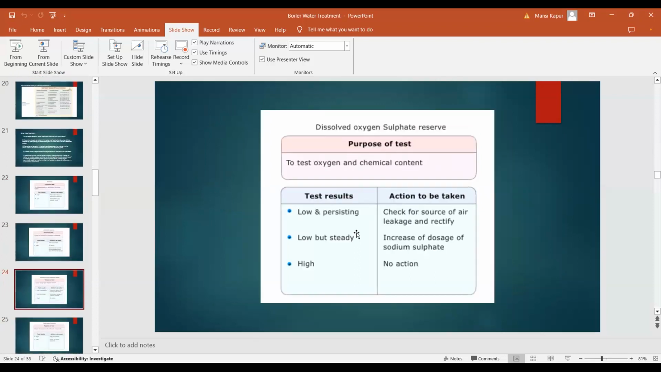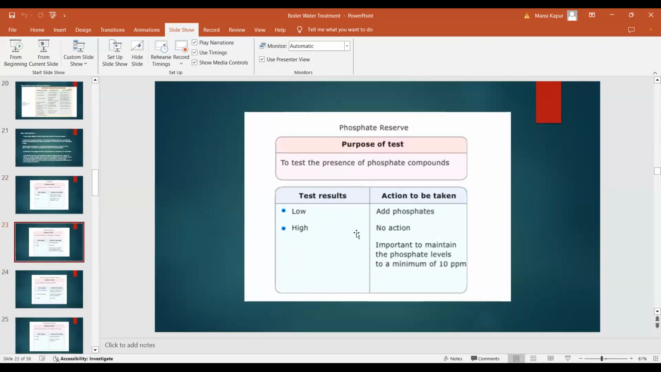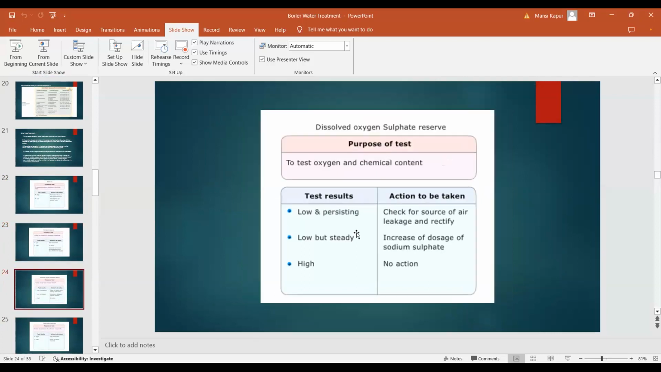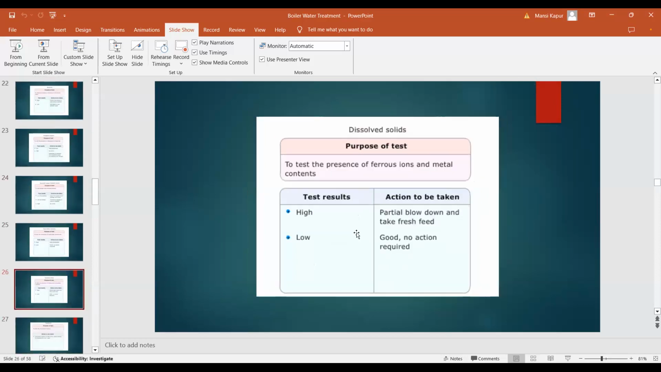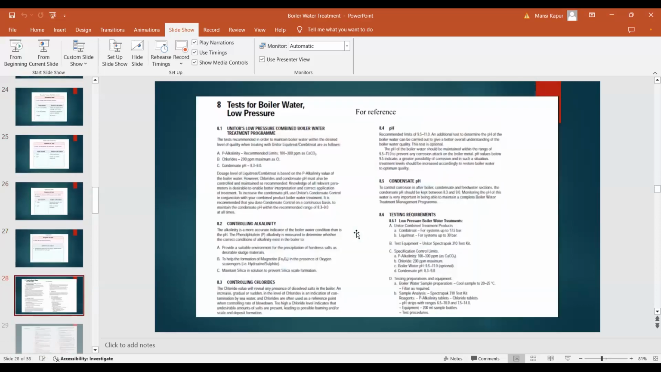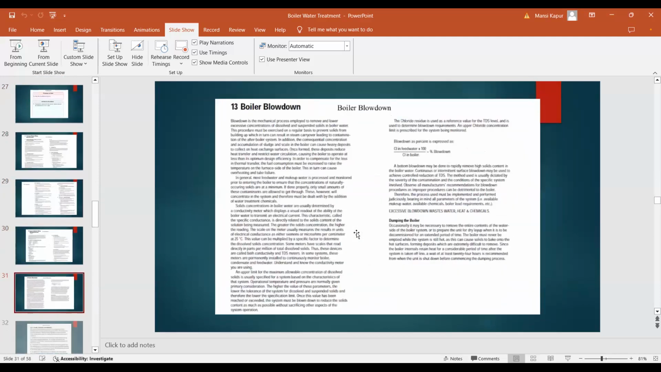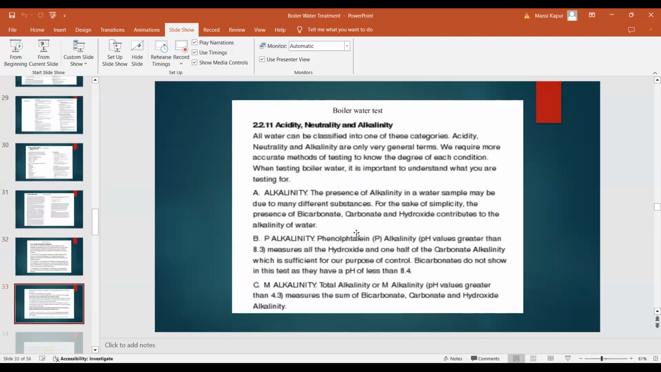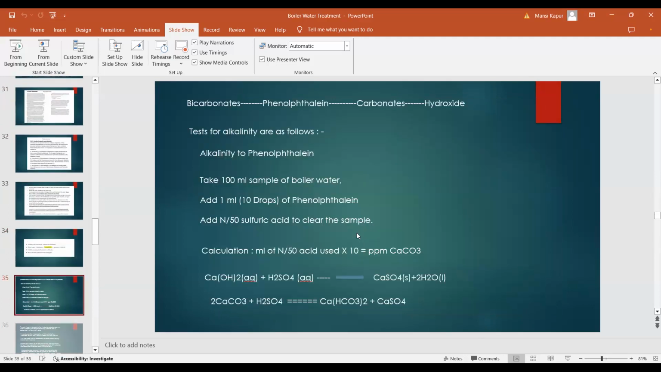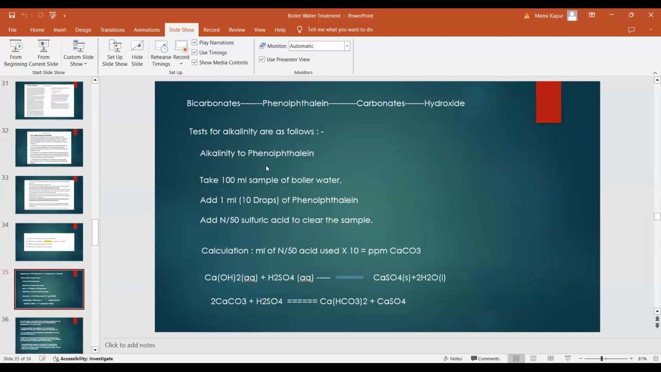We will do the following tests: alkalinity, phosphate reserve, dissolved oxygen reserve, feed water hardness, dissolved solids, hydrogen. We are going to study all these tests. Then boiler blowdown, boiler water tests, like your alkalinity test,